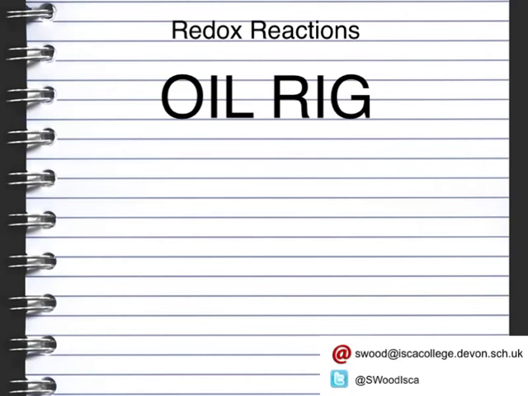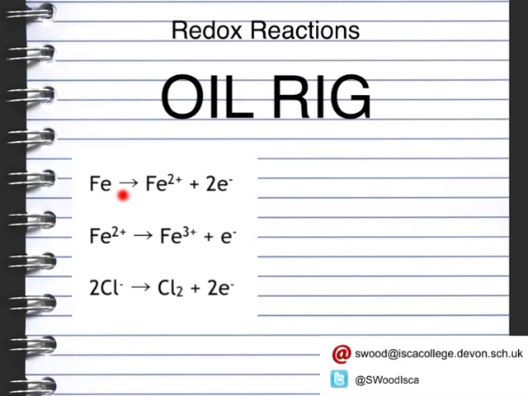which means that the corrosion reaction we've just seen is an example of an oxidation reaction. So here are a couple of examples of some oxidation reactions, where Fe becomes Fe2+, and we've lost these two electrons. Fe2+ can become Fe3+ plus an electron, and Cl- can become Cl, and again we've lost those electrons. Now, anything here that is oxidized itself can be described as a reducing agent, as whatever it's reacting with is